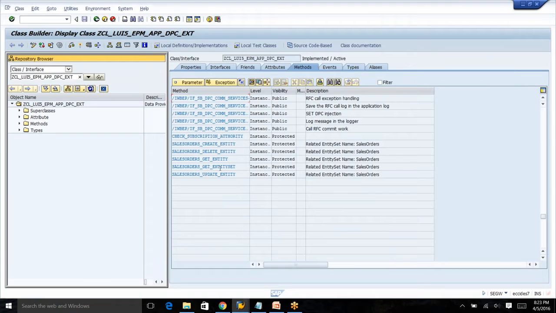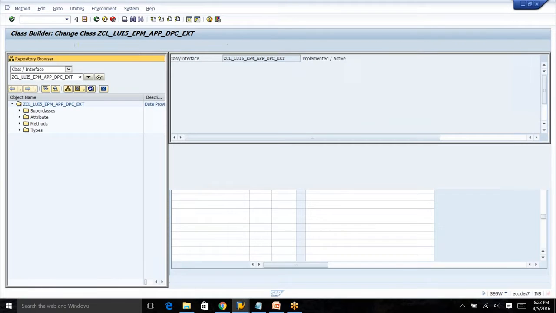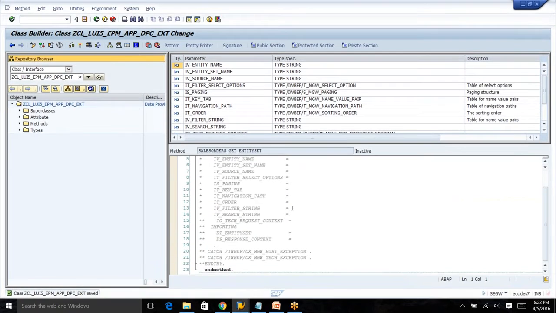So this is the method which will be called when you request for sales orders entity set. Okay, so I'm going to redefine this method. And okay,